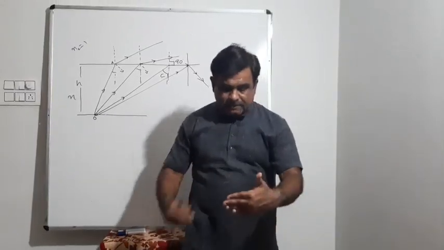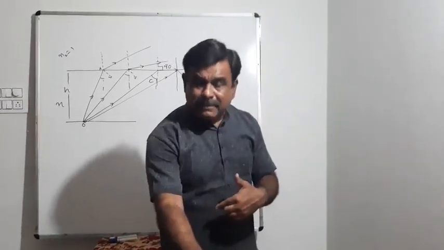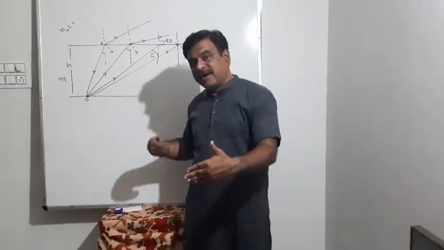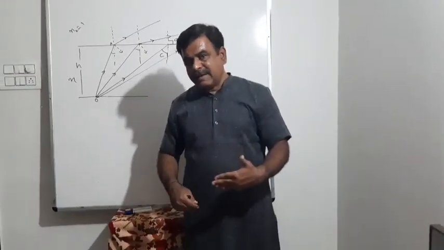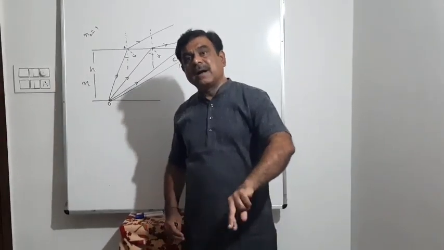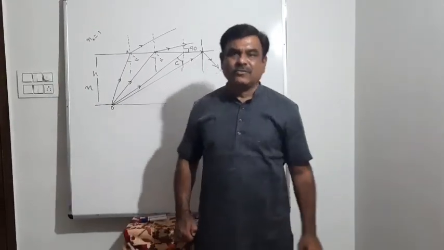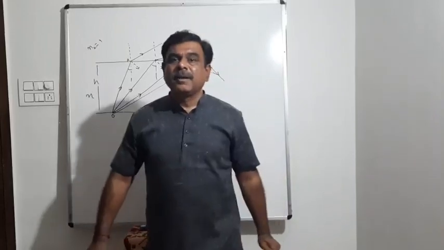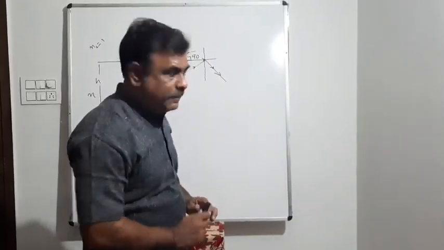Understood again? From here, if I step forward, then I will be able to see the bottom. If I step backward, I will not be able to see the bottom. So what is my position? It is the maximum position up to which it is visible, or a minimum position after which it is not visible. So this kind of problem you have to solve by total internal reflection.